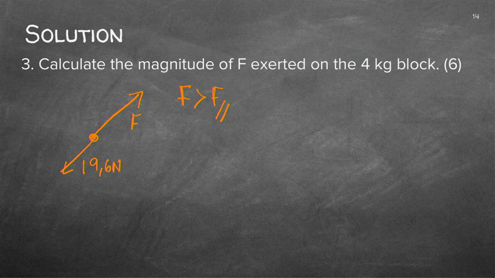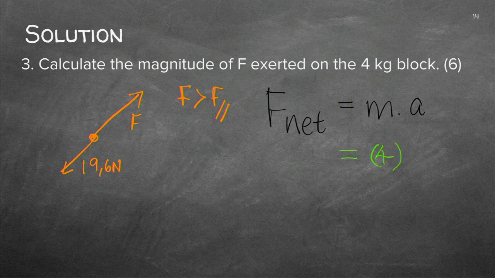So Newton's second law, let's go back. F net equals M times A. What did they give me? They actually gave me the mass. It was a 4 kilogram block. They gave me the acceleration. They said it's going upwards too. The only thing that I now have to see is what will F net, the net force, be? Well, it will be F, which is up, minus the downward value, which is 19.6.